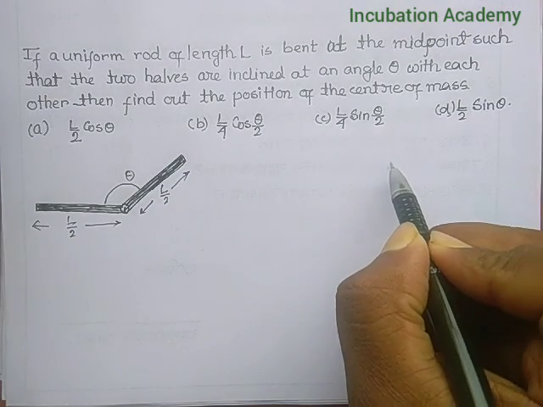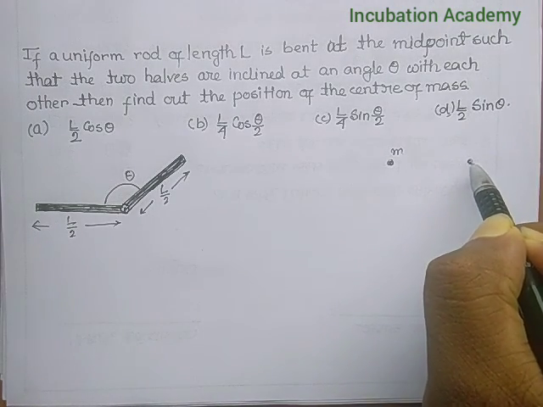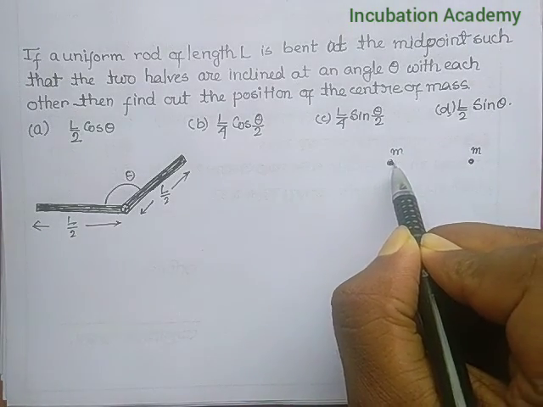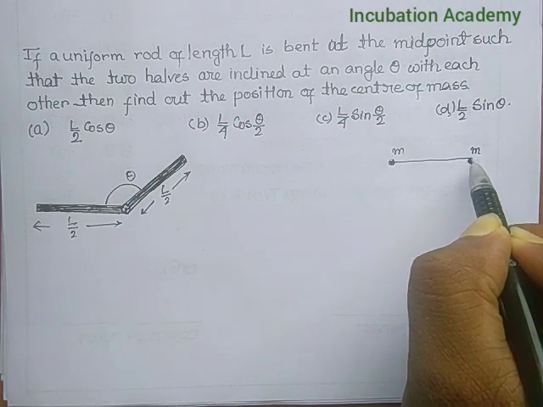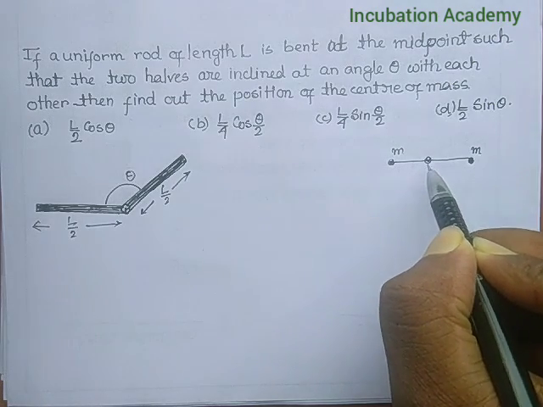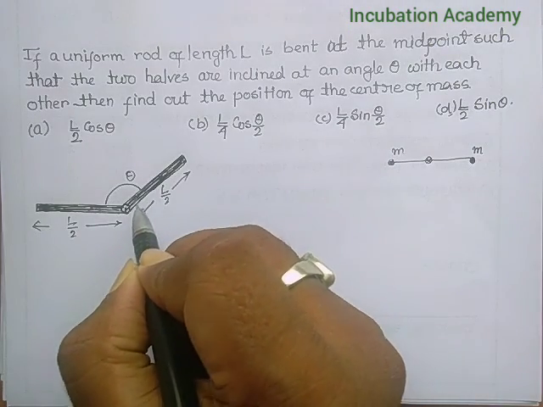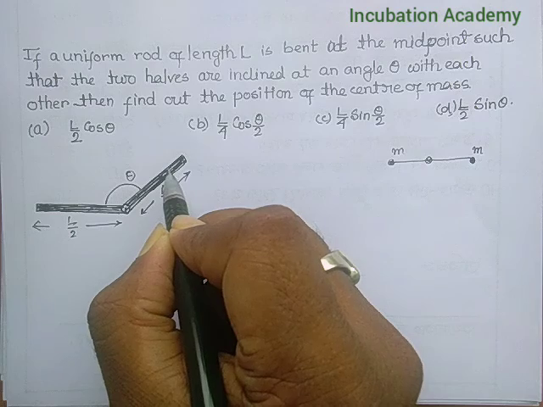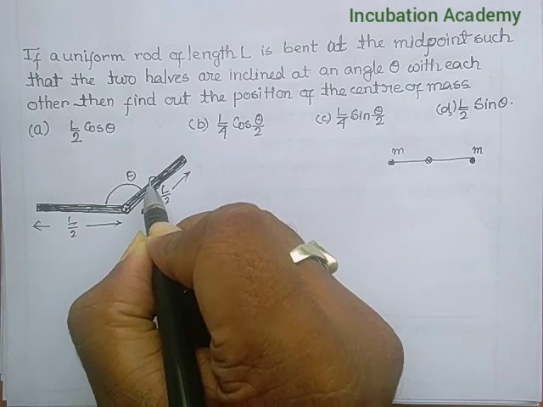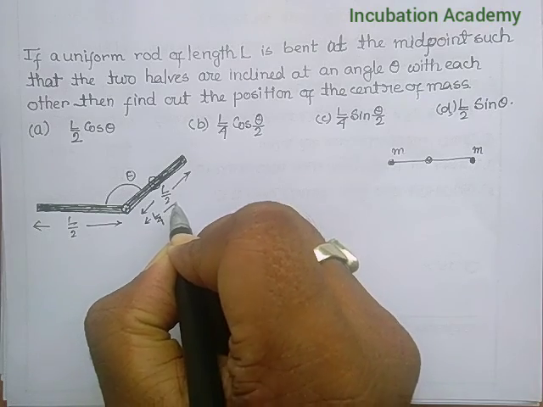So before that I just want to say that if it is a particle of mass m and another particle of mass m, since both have the same mass, then its center of mass will be on the line joining these two masses and it is at the center. So this is the symmetry. So similarly, if I consider this particular rod of length L by 2, since it is of uniform mass density, its center of mass will be located somewhere here and that is at a distance L by 4 from this bend.